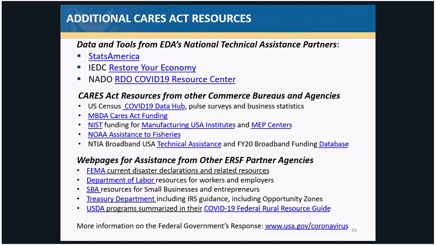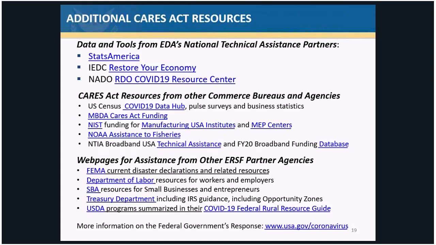Also noted here is the IEDC RestoreYourEconomy.org webpage, which includes a number of resources and tools for disaster recovery and assistance. The National Association of Development Organizations is also supported by EDA to provide resources for communities to prepare their comprehensive economic development strategies, and has offered a new resource page called the RDO COVID-19 Resource Center, which compiles a number of information about recently available assistance both at the federal, state, and local level that can support recovery from the